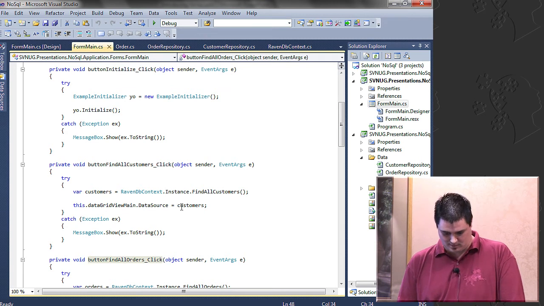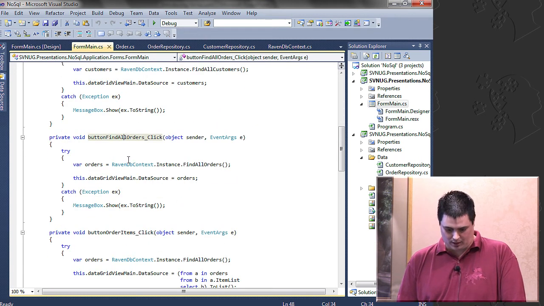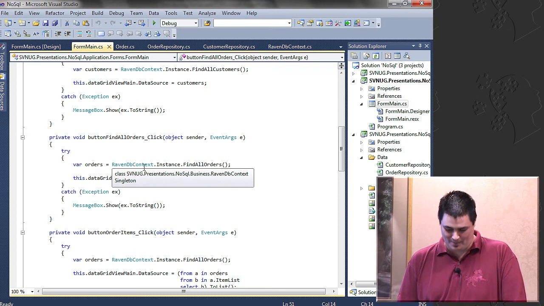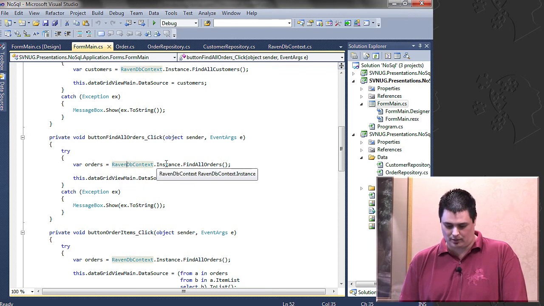Okay, there, finally. Find all orders. And the way I use it, using this repository-ish type construct I made, is I just do ravendb.context.instance.findAllOrders, give it to a var, and then just set it to the data source.